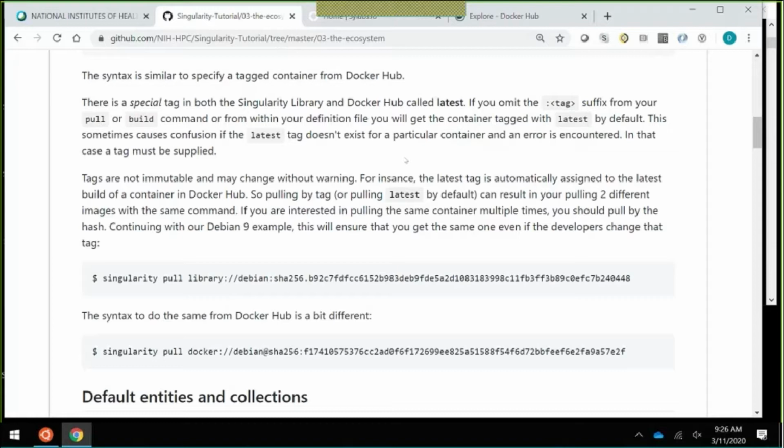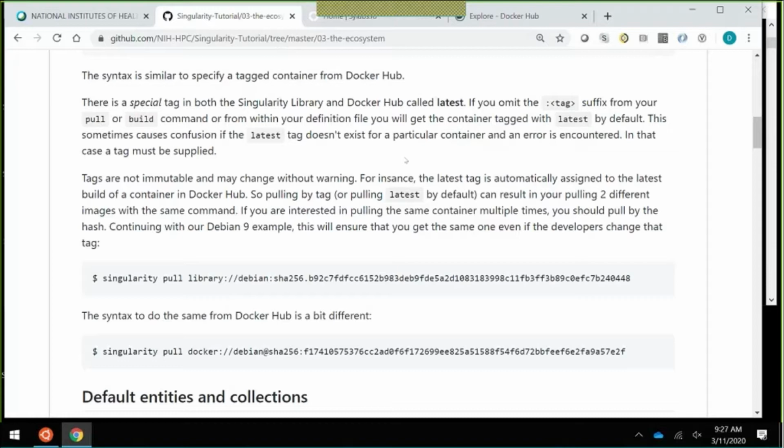Another thing is that one of the things people like to use Singularity and containers for in general is reproducibility. And so we should talk a little bit about best practices surrounding that. Let me get into that, and I'll start off by talking about tags and hashes. Now a tag is a little bit better than just pulling the image and saying give me latest and that's it. But it's still not great because